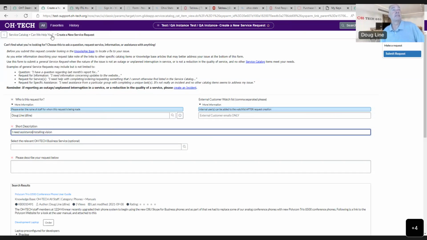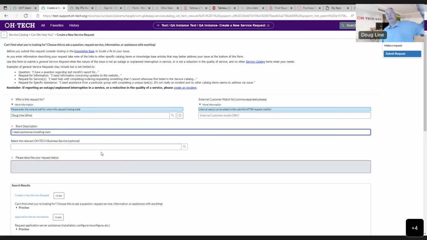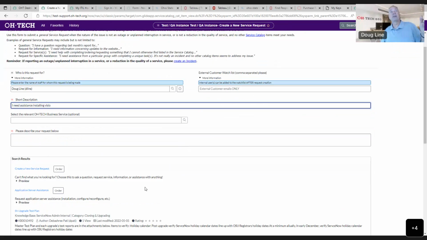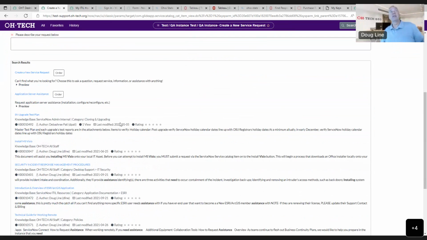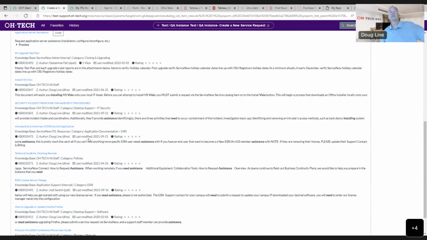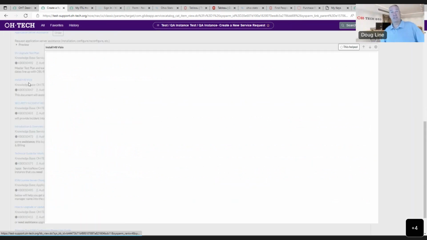Contextual search also works here. You can see as I am modifying, even by one character, what's happening underneath. These are displaying service catalog items that have been specifically developed to install software or something like that, or other knowledge base articles, like in this case, here's how to install Microsoft Visio,